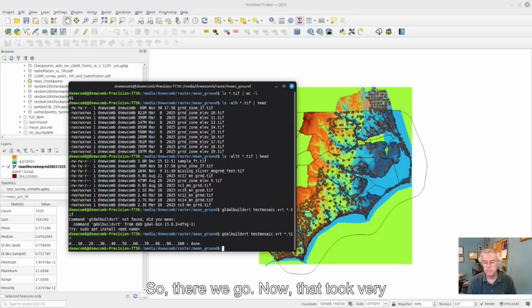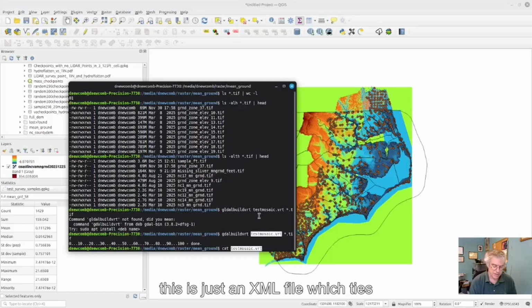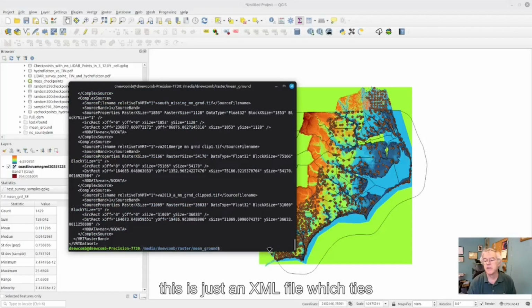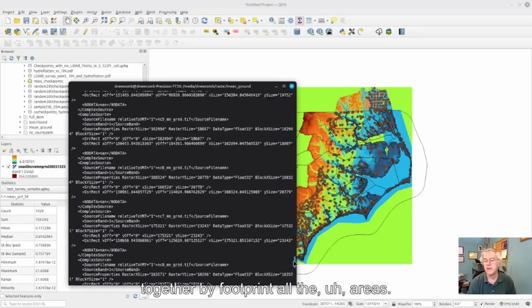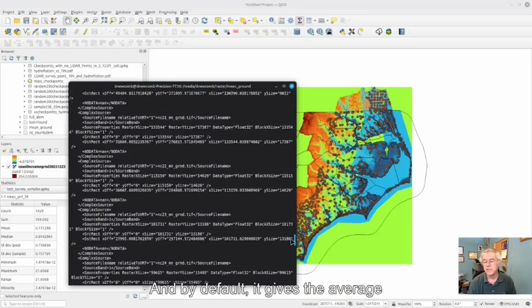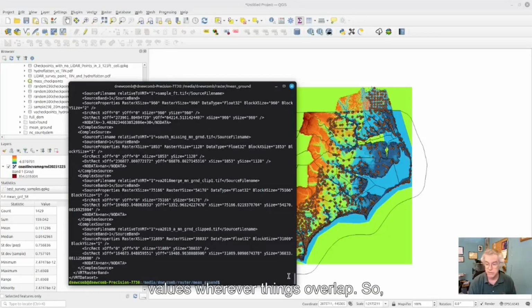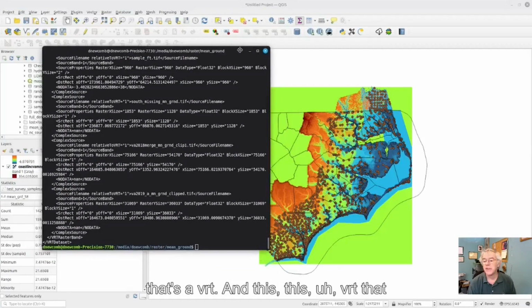Now that took very little time to do, and this has now created a VRT file. And as I said, this is just an XML file which ties together by footprint all the areas, and by default it gives the average values wherever things overlap. So overlaps don't cost you anything. So that's a VRT,